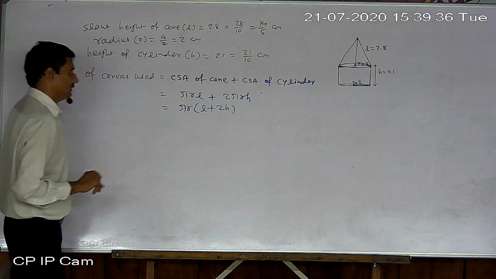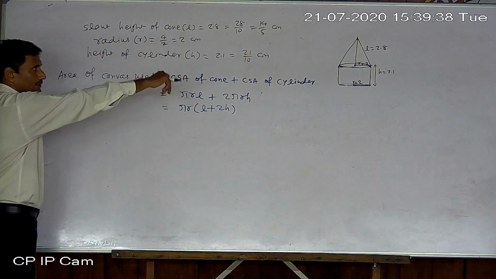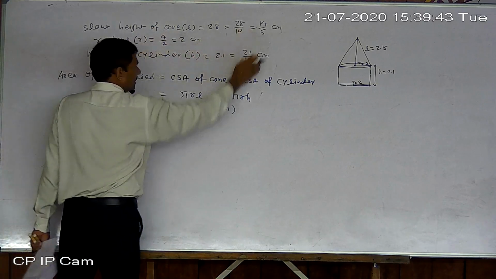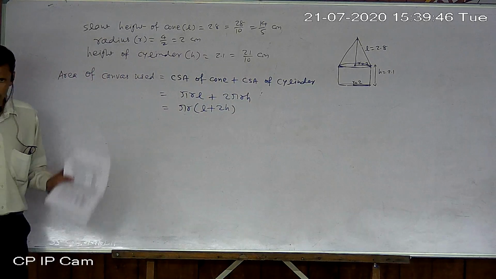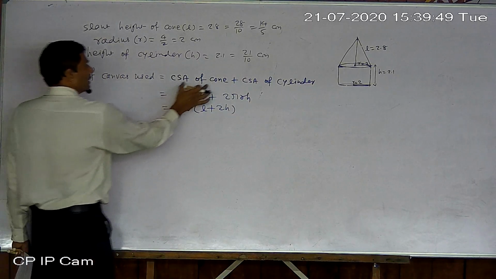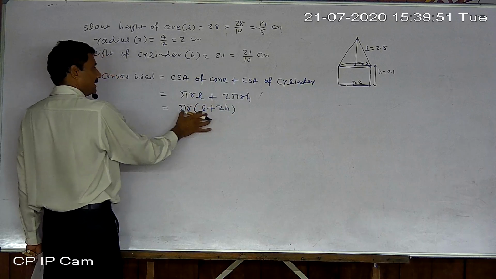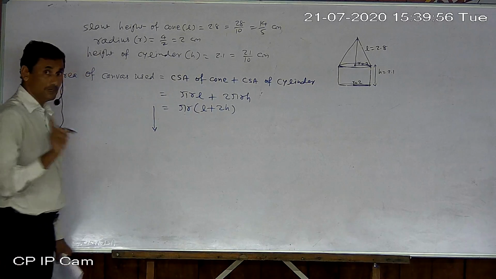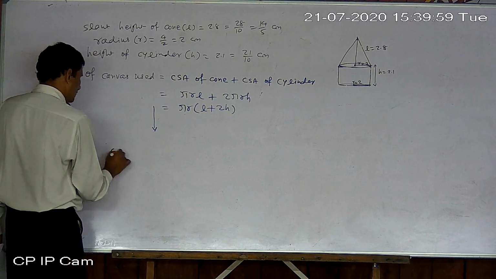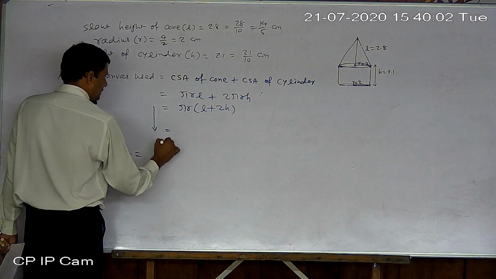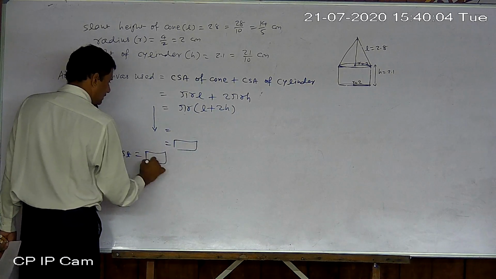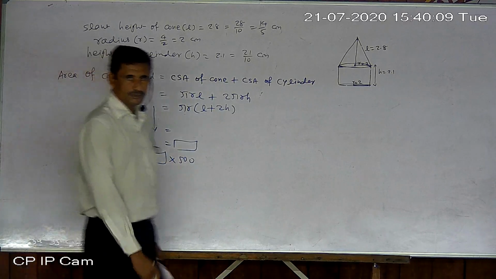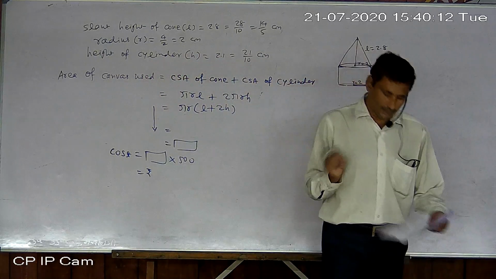Pi r common. Okay, so understand figure all measurement given directly. I just wrote all measurements and converted into fraction form. You can write in decimal form also. I don't mind. But by taking common only use this place. Now you have to find that value. That will not be our answer. After that, find cost. Okay. So whatever you get here, that should be multiplied by 500. So that will be your final cost in rupees. Okay, understand? Get area and then multiply by 500.